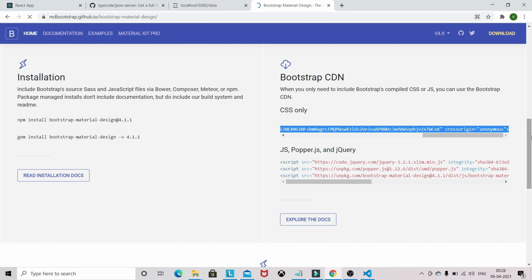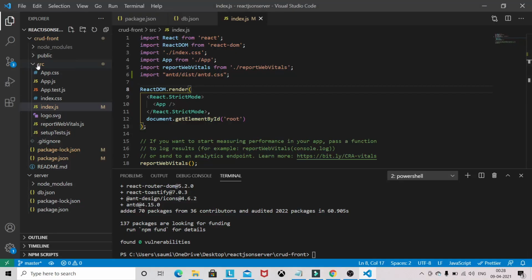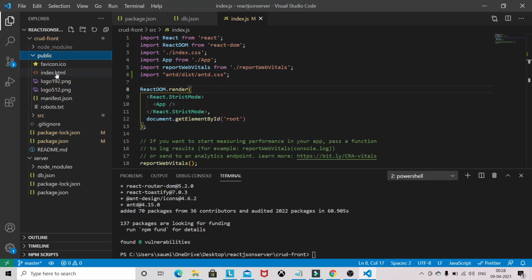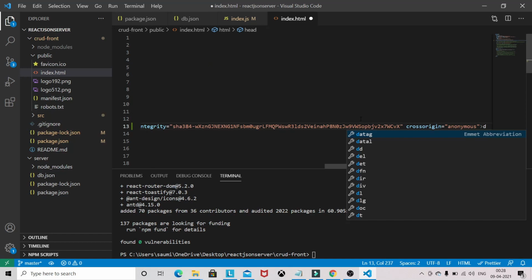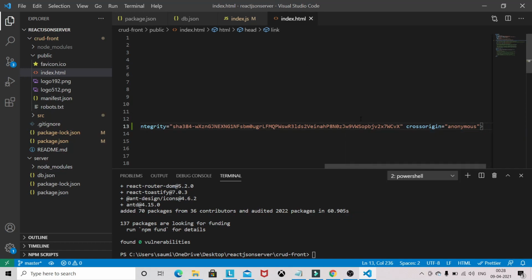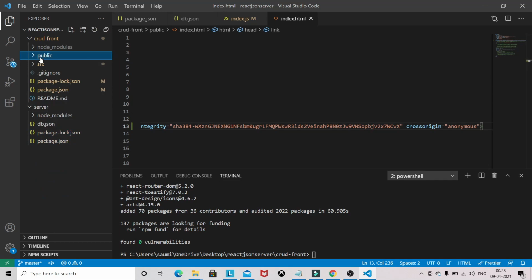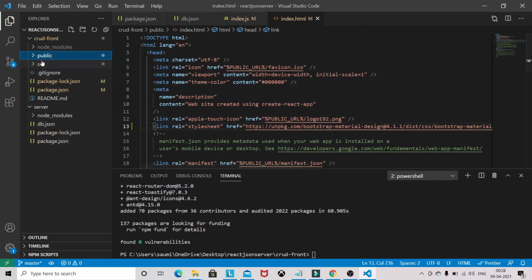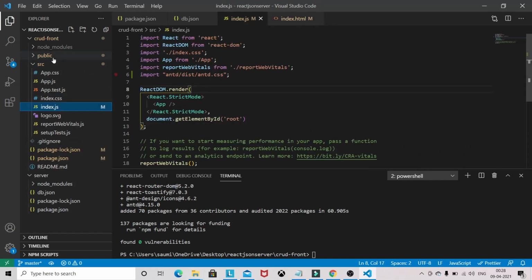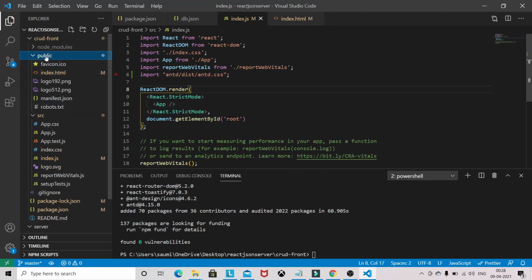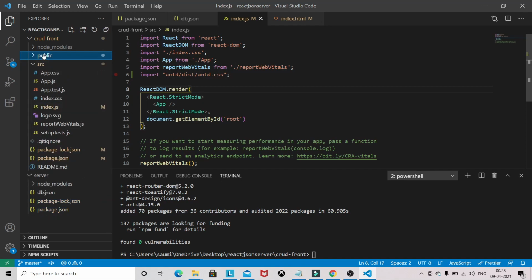Then come here, go to index, and just paste it here. Okay, so now we are done with the basic setup. We have imported the CSS file, plus we have also placed our Bootstrap styling.